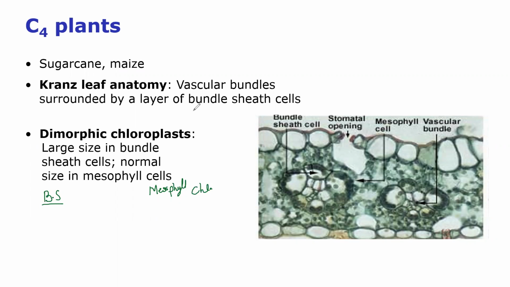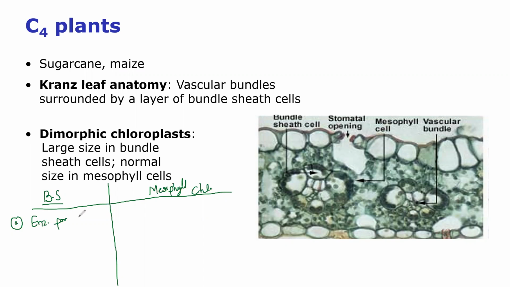So we will also learn how we can differentiate between these two chloroplasts. On what basis we can differentiate. Okay. So please remember that the bundle sheath chloroplast is primarily concerned with carbon fixation. So if it is concerned with carbon fixation, that means all the enzymes that are responsible for the Calvin cycle will be very, very well developed. Or in other words, we can say that the stroma is well developed, right? So we can write that